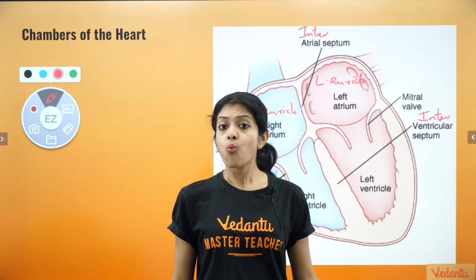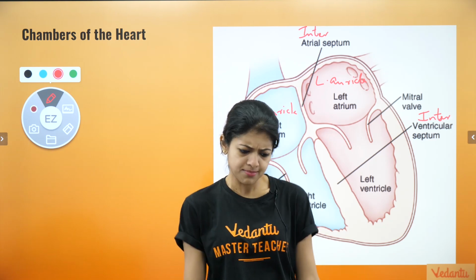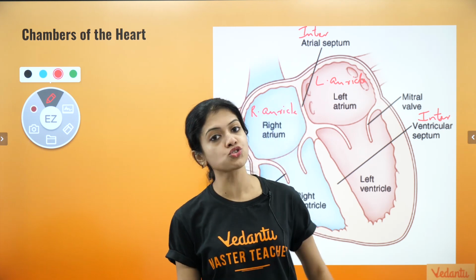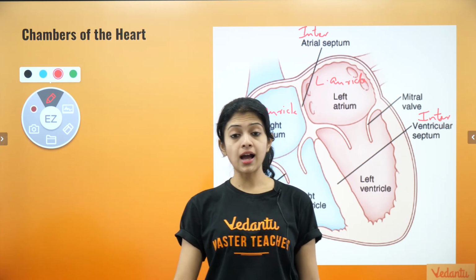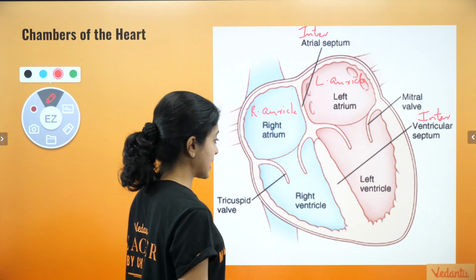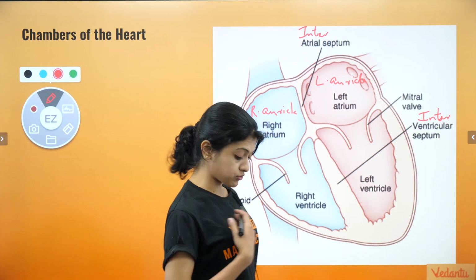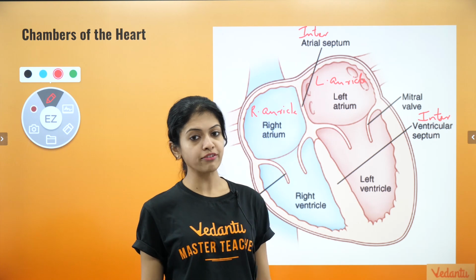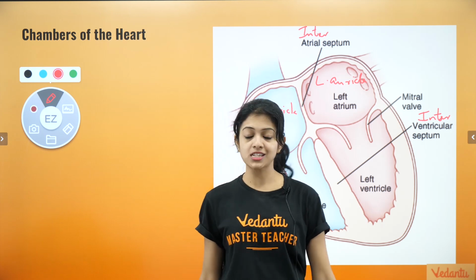Think about it. Who are the most important people who need to know the structure of the heart? I think, in my opinion, of course, for all of us, it's important, but the most important people who have to be learning this would be cardiac surgeons, heart specialists. Imagine a cardiac surgeon who's performing a heart surgery. When he's performing a surgery, he is looking at the patient like this. The patient is lying down in front of him, right? And if the surgeon gets confused between left and right, no, in my textbook, this was right and this was left. Imagine if that's his mindset when he performs the surgery, what would be the plight of the patient?